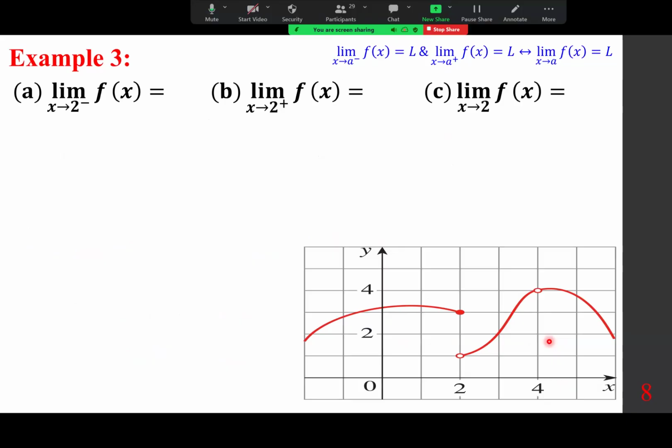The graph is given, and we are going to find the limit of f of x as x approaches 2. That's why we look at the limit of f of x as x approaches 2 from the left and right, the one-sided limits. So from the left,